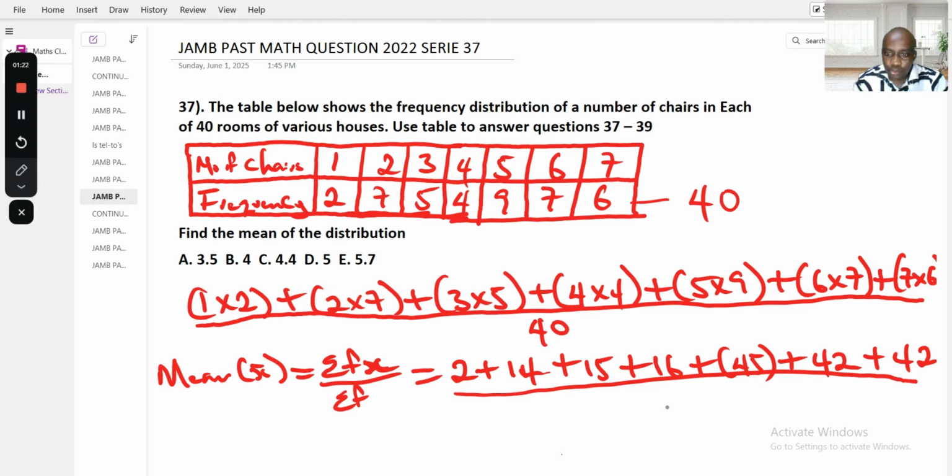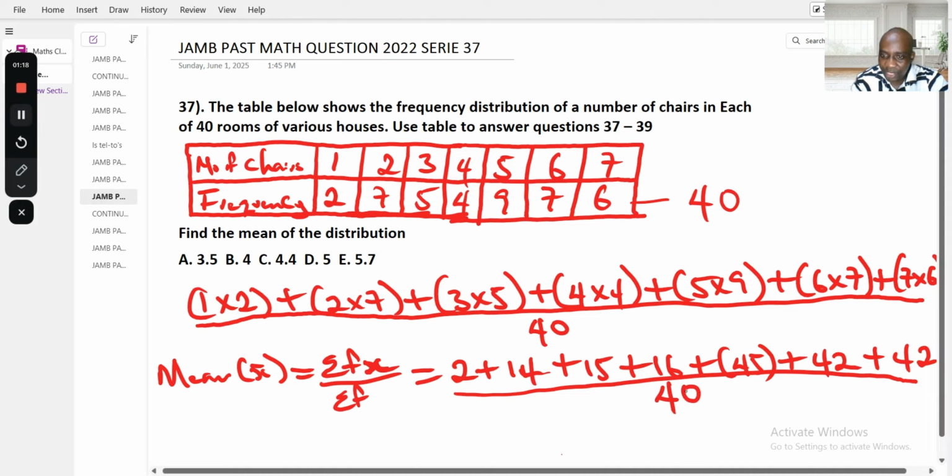Now we are going to do what? Divide everything by the frequencies. We still maintain the 40. Now if you add everything up,